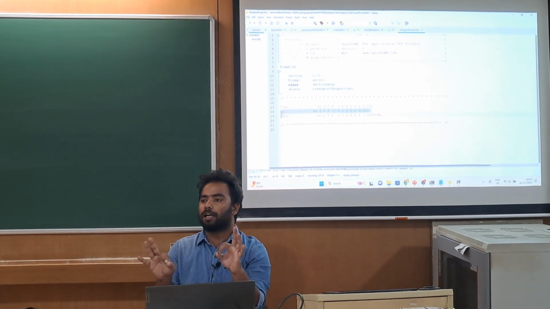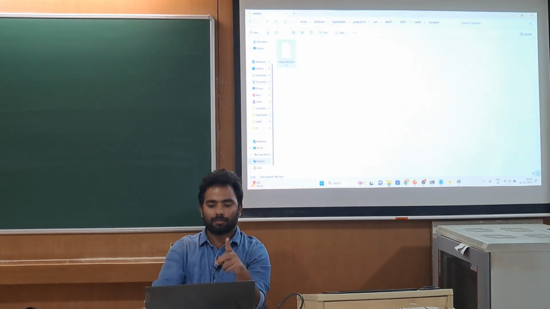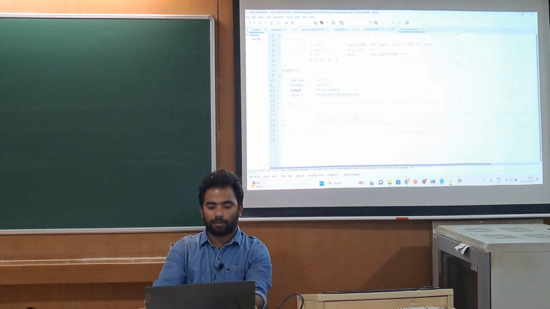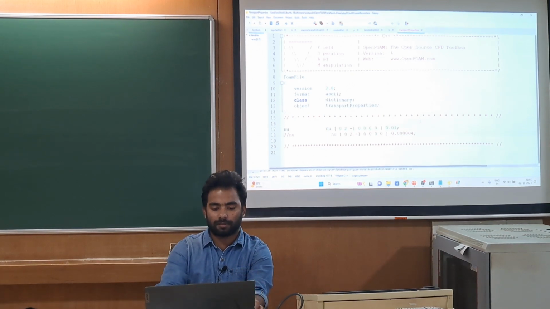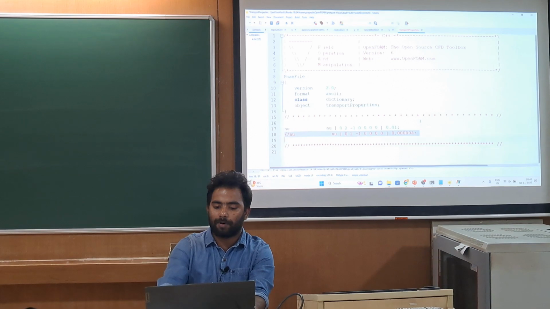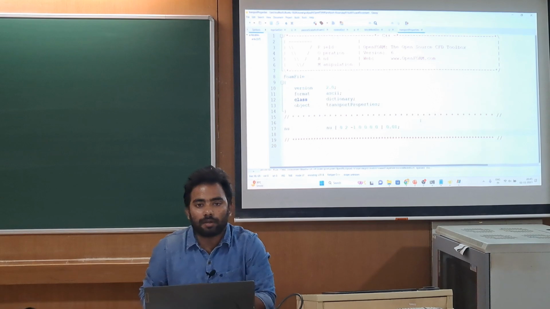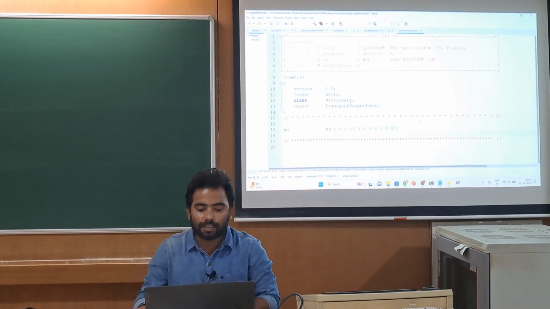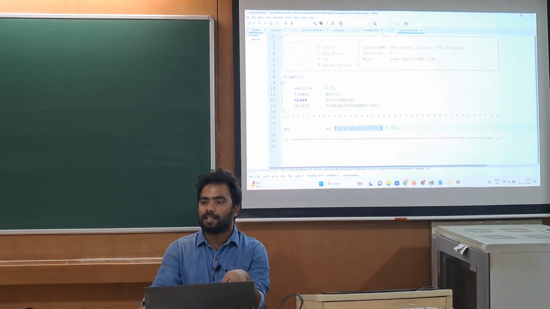So any type of physical property you have to mention in the constant folder. What's the value? There are so many values, like 0.01. These are the units, which we just commented out. There is no need of this. These are the dimensions, 0 2 -1. This is the dimension of the dynamic viscosity and this is the value.